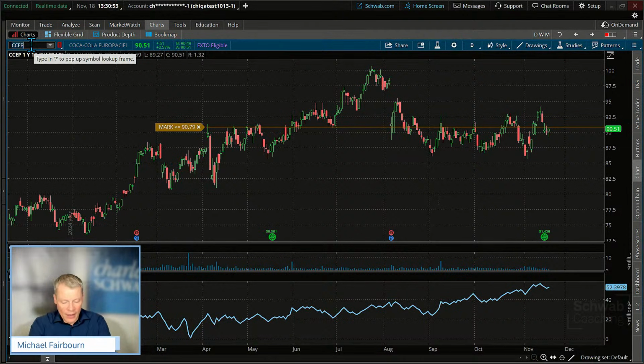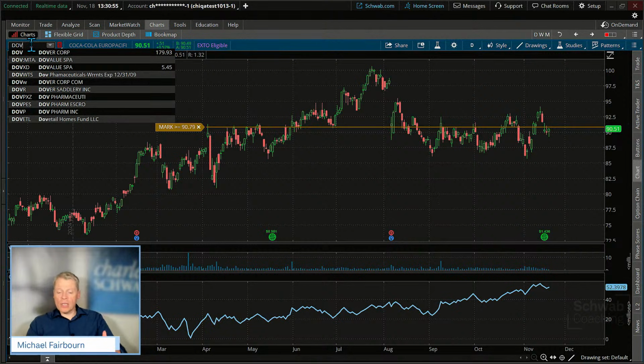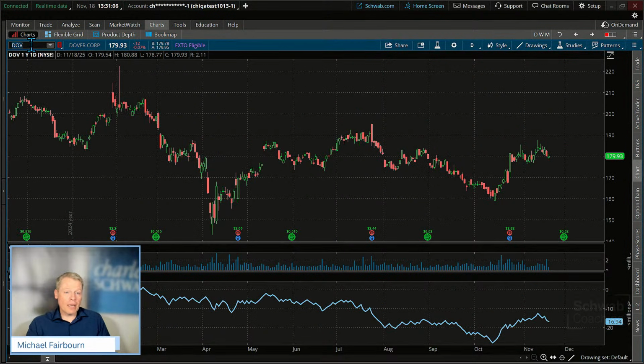Let's keep going. So that's sort of in the consumer staples area. We've seen maybe a little bit of rotation from high-tech stocks into consumer staples. Healthcare has been moving. Utilities have been strong. I'm going to take a look at Dover here as well. Notice over here with me, we've got this significant breakout right here. Oh, by the way, before I go on, this is a very, very important point, how traders will use that OBV.